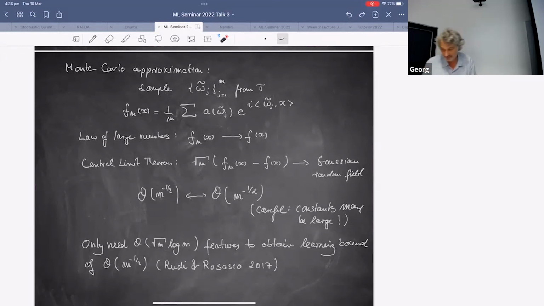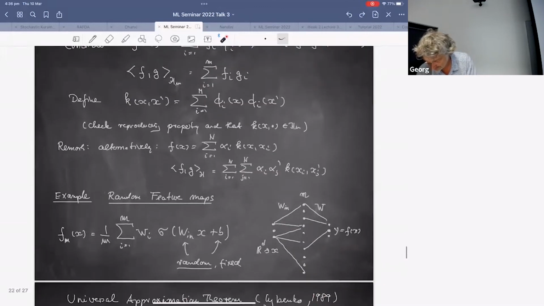The only way, if you want to approximate, is to determine these weights here, W, right? And that's again linear. So we're in the linear framework here, and we can just do least squares regression or anything to get those W's, right? So that's a very, very attractive framework from a computational point of view. And it has very fast convergence properties. I quite like those because they're so simple. But of course, they're anything but deep.